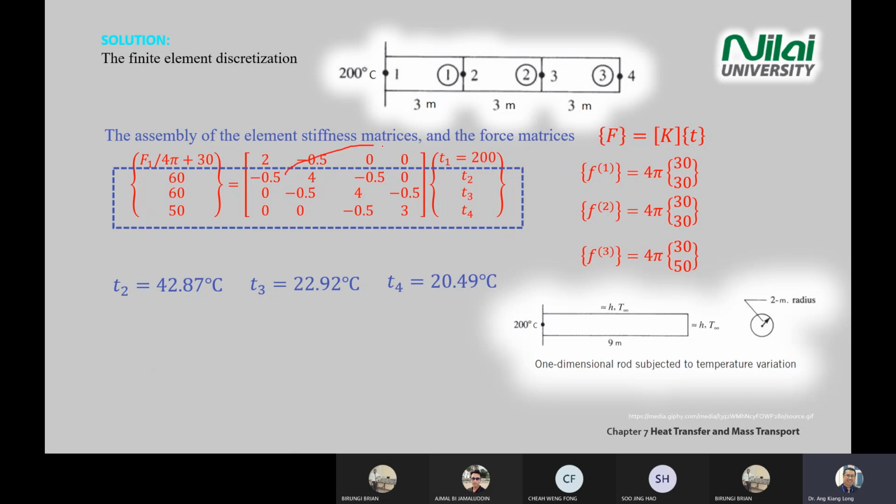So I already told you how to solve the equation over here. Remember, when you solve, there's a T1 value there. All this, yeah, there's a T1, there's a T1. So normally the mistake students make is forgetting this one. Okay, so from here you get T2, T3, T4. So the question asks you what is the temperature at this point,